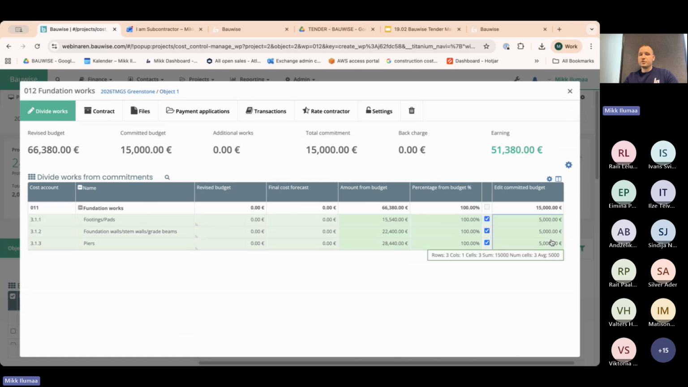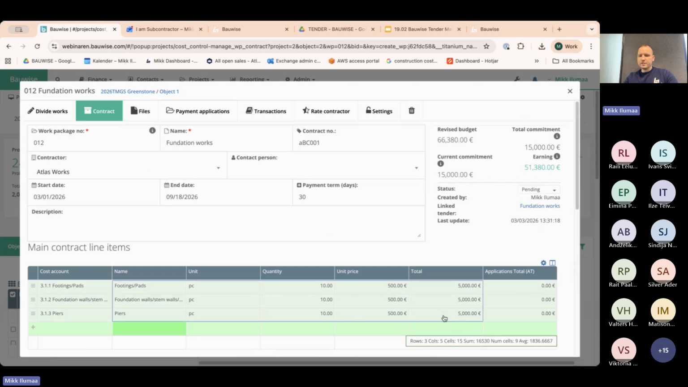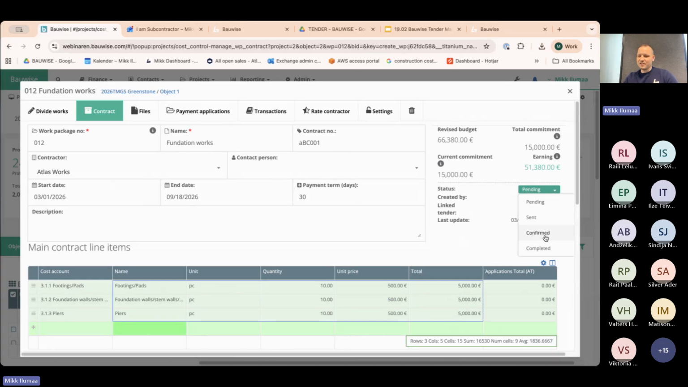Let's say this is such a good deal. So we had 66,000 in our budget, and the total deal is 15,000. But you're also able to edit all the numbers. Everything is exactly how you previously started to create the commitments or contracts. Now, if I go into the contract, the same line items, if it was structured, would also be structured here, but basically this is the end of this procurement process or tendering process, and I'm just saying okay, confirmed,